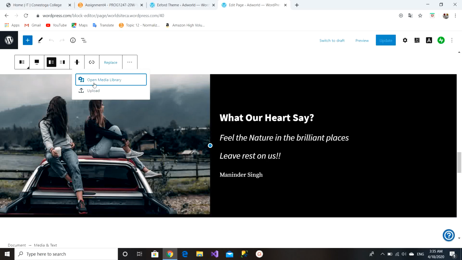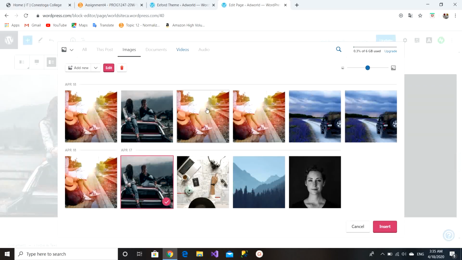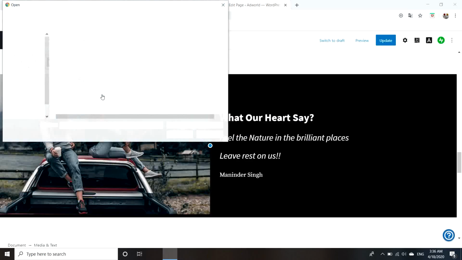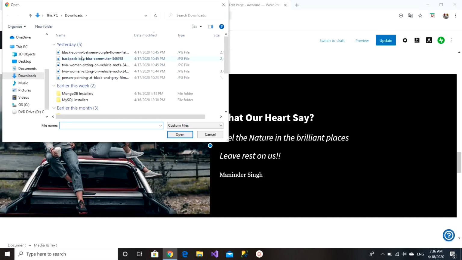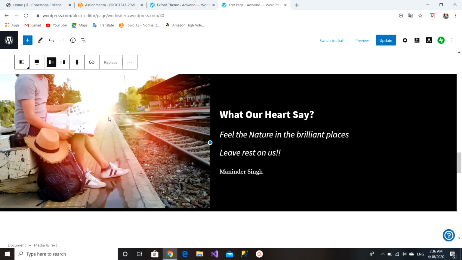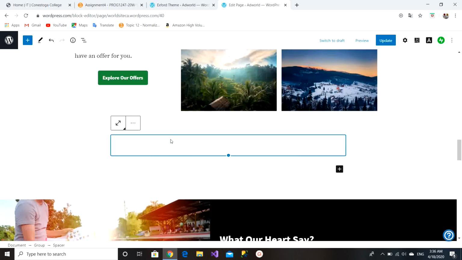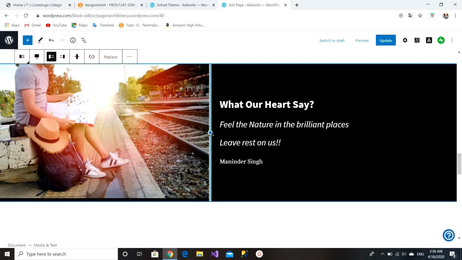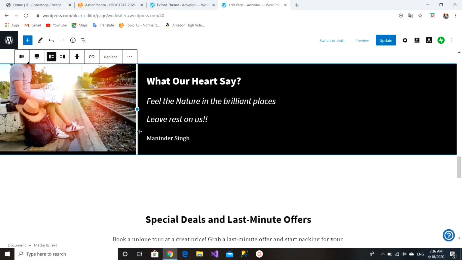Again we will find two options, open media library, upload. From the media library there are a bunch of images, but for right now I will click on the upload so that I can choose the image from my computer. Maybe I have the same images in my computer as well. Just I click on this image, it will be updated in few seconds, that we can see here. We can resize the image by dragging it,